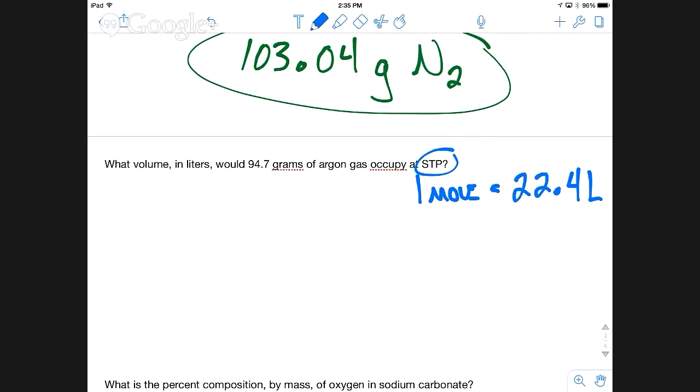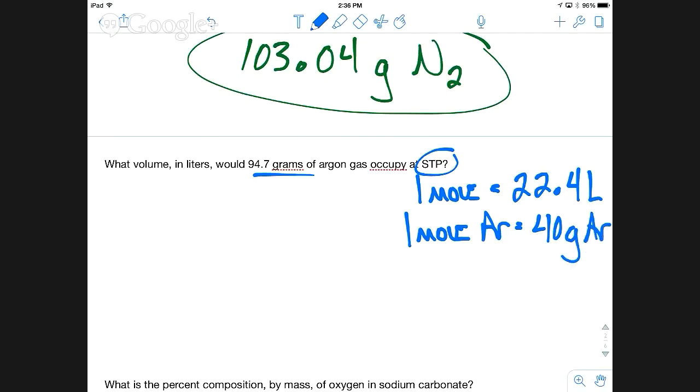So I'm going to have to do a little bit of work here because they actually started me with grams. Now I know that 1 mole of, in this case, argon, which is Ar, if I look that up on the periodic table, rounded to the nearest whole number, is going to be 40